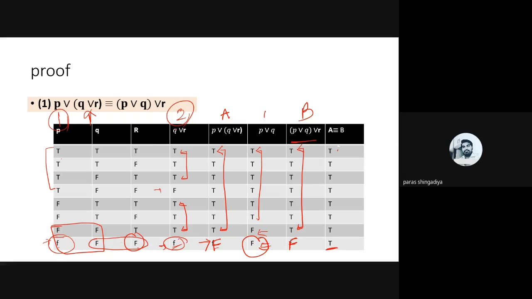Okay, so just directly put the T. Clear? That is the tautology in all the cases. Okay, so this is verified. A biconditional B is a tautology, and therefore we can say A is logically equivalent to B, and therefore the first form of the absorption law is now verified. Clear? So by using a truth table you can verify this one.